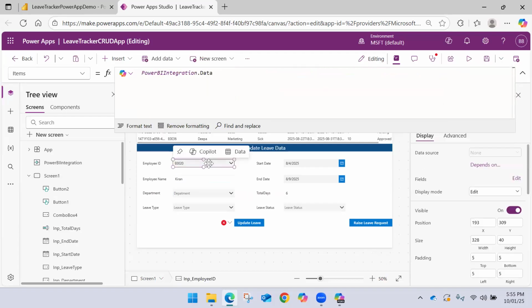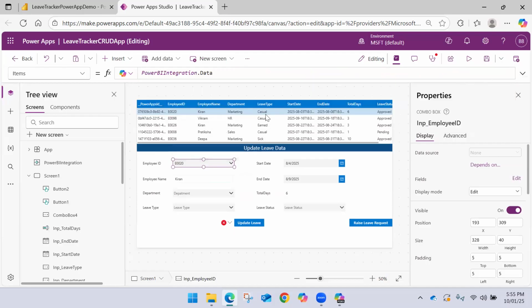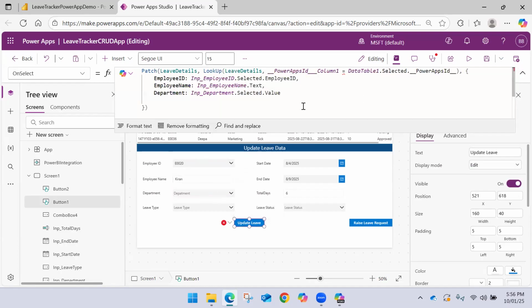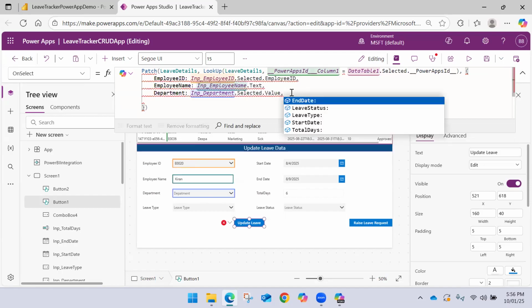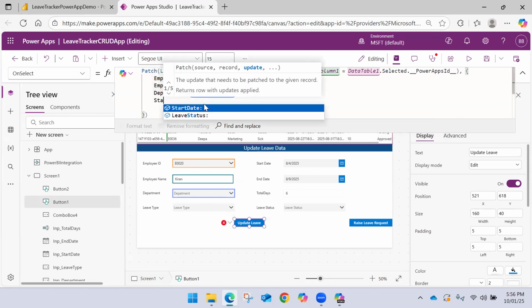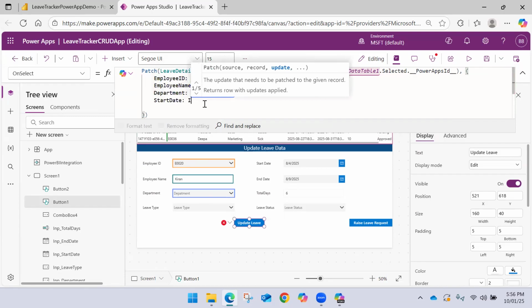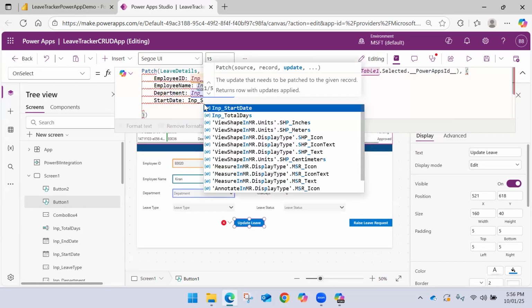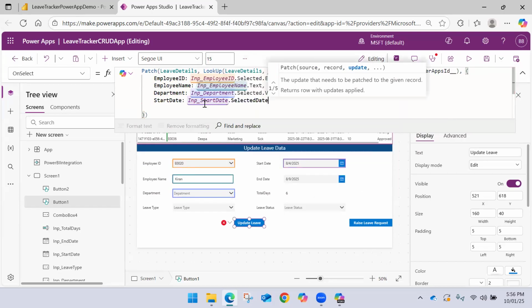Right, why is this text? And why is this value? Because we used distinct and all here. And now I will write a function, a formula for start date. Start date is equal to input start date dot selected date,